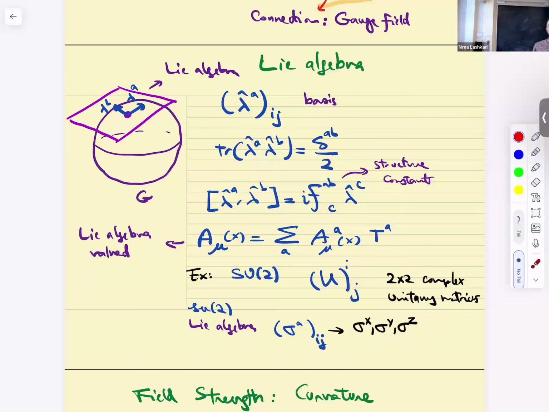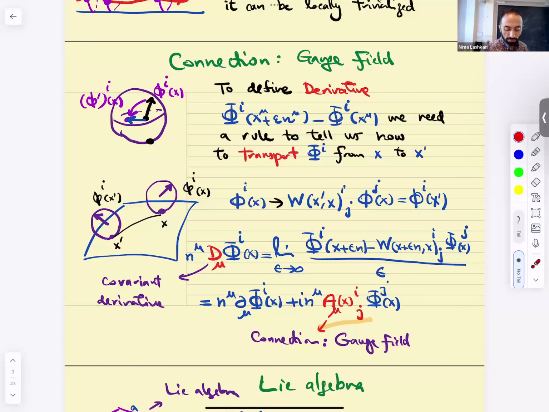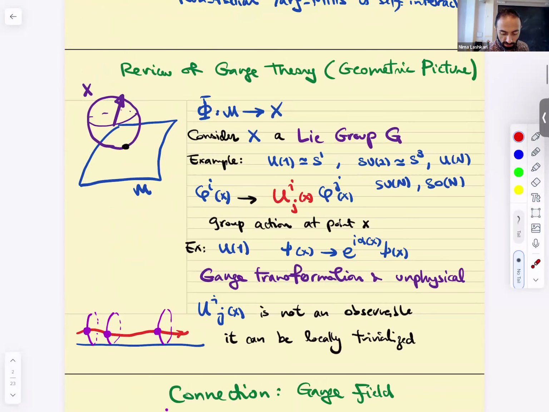For those of you who haven't, we went through this in detail last semester, but if there's some step that is ambiguous, please ask. Can you tell me, in the previous slide there was an index J. Can you elaborate on that? So this is summation. When we are defining the derivative, yes.